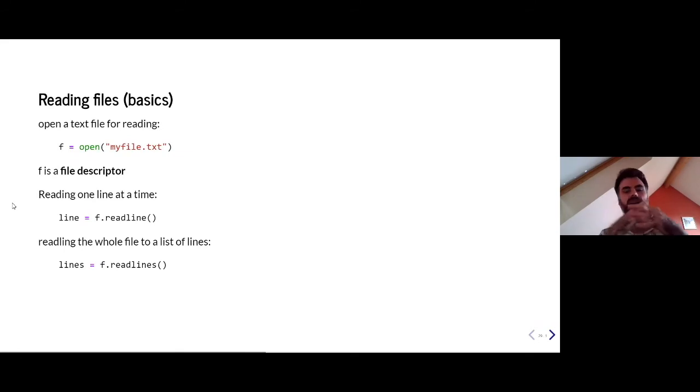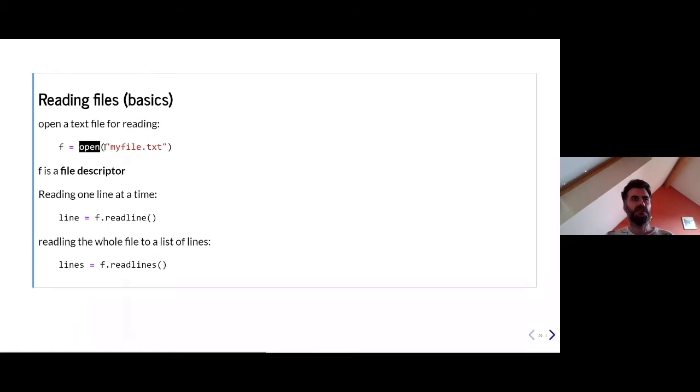Okay, so the basic way to read files in Python is to use the open function on the path of the file you want to open, and it creates an object which is called a file descriptor, which links to the file. So if you want to read one line of your text file, you can use the readline method on the f object, and it will return the first line of the file. If you use it again, it will return the next line. If you want to turn the whole file into a list of lines, you can use readlines, and it will take the whole